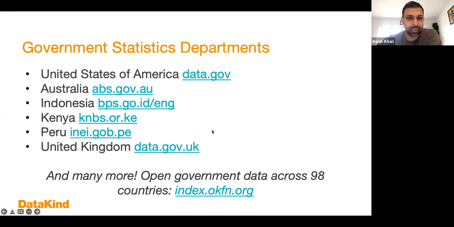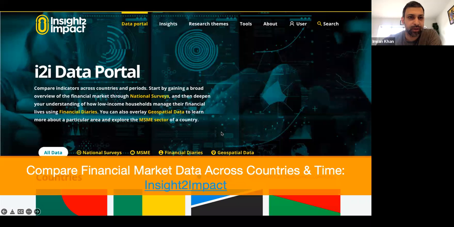I had mentioned these already. These were the various open data sources that were provided through federal government structures and institutions. There's an open data platform that houses open data related to financial markets. This Insight to Impact platform is a really good one for that. A lot of these that I'm going over, if you just Google these platforms, you'll be able to get to the link pretty directly.